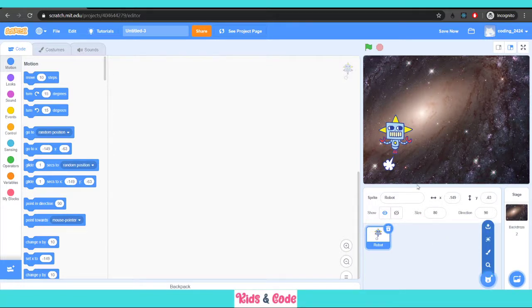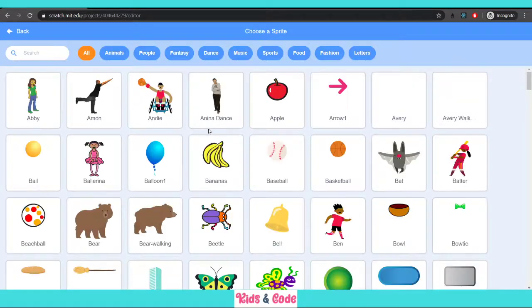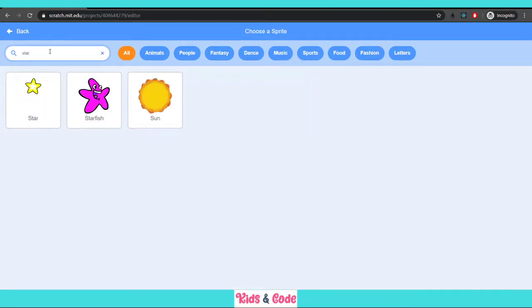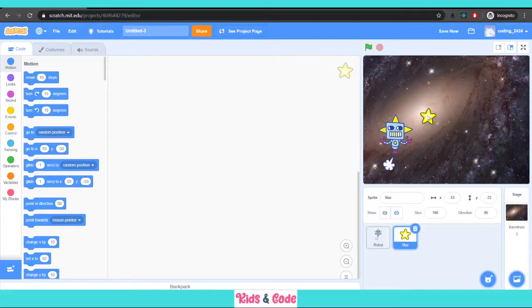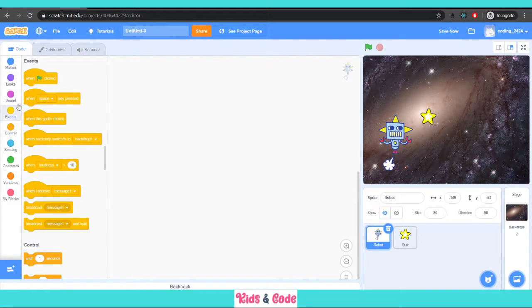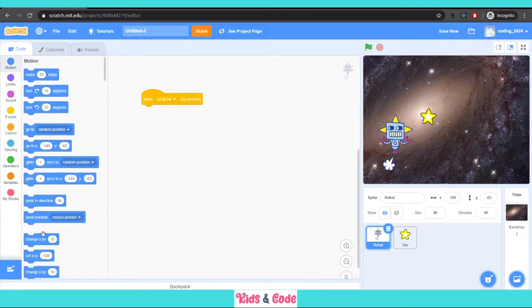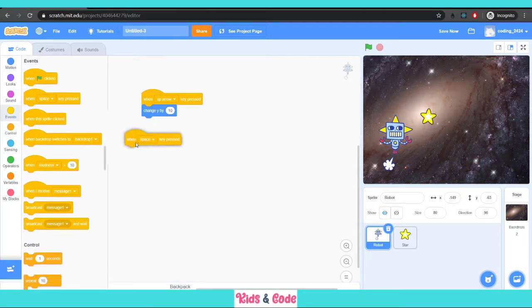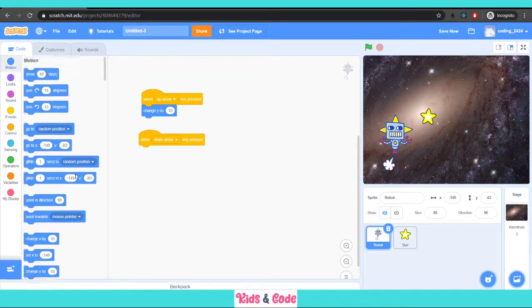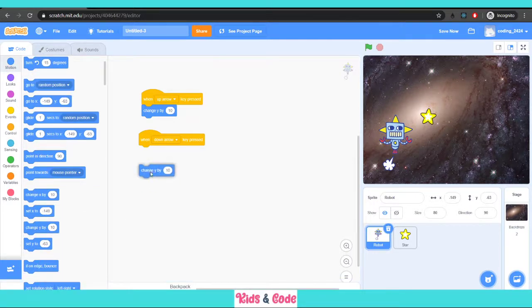We can add another sprite for him to catch, like this robot should catch something, and for that we choose a star. The star we can add. Okay, so we click on this robot and we make the controls. For controls, we choose the simple options only, which we did in the last class, which is if we click on the up arrow, it should move in the upward direction. Change y by 10, we'll select. We go again in events, we'll say when we click the down arrow, it should change y by -10.